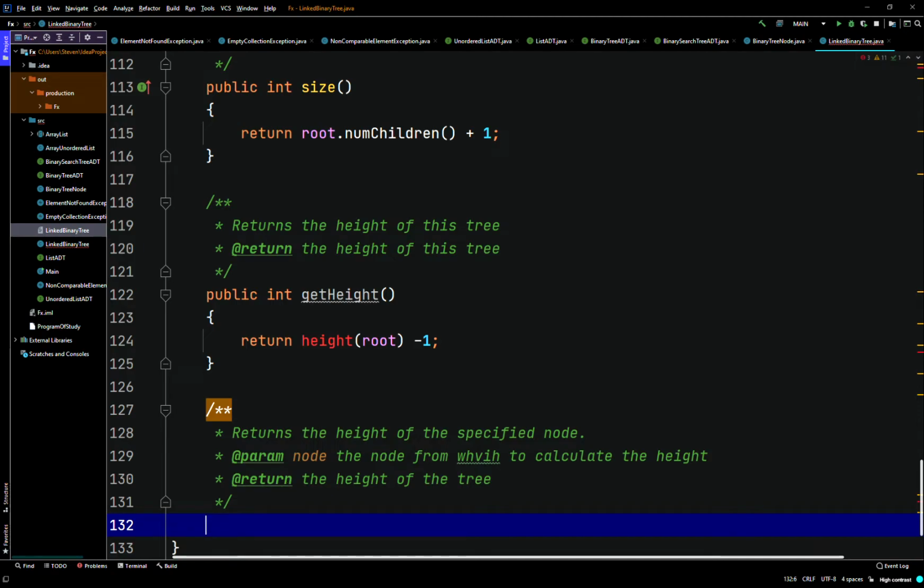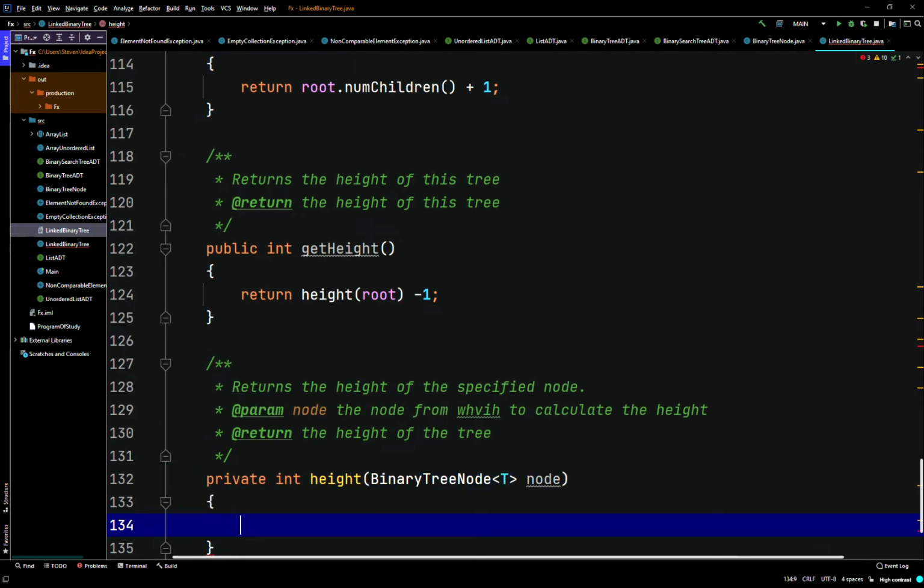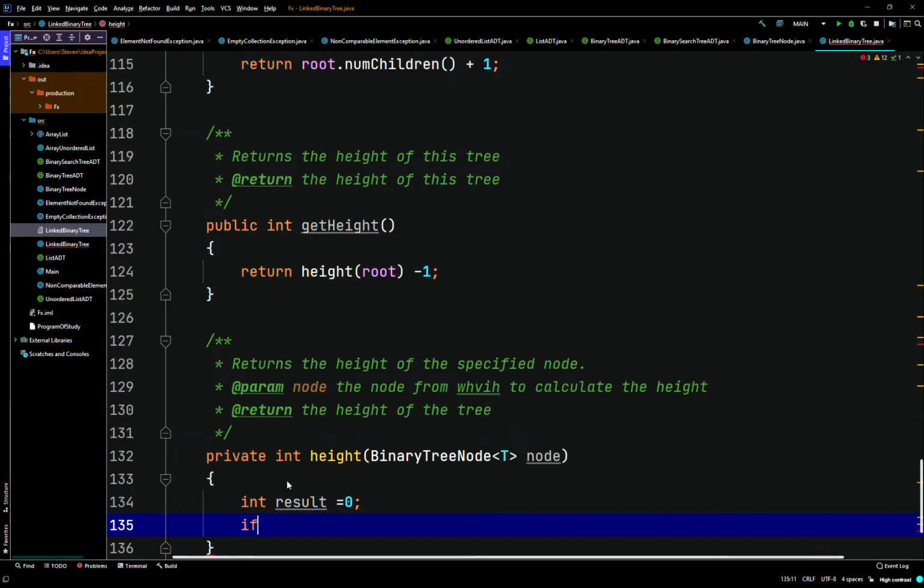So it's this private method. Private int height, takes a binary tree node of type T, takes a node. It will say int result equals 0. So it's going to say, okay, if node does not equal null, so if the node that we're looking for the height